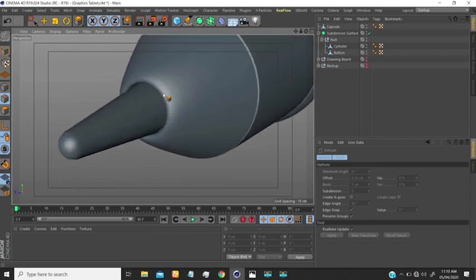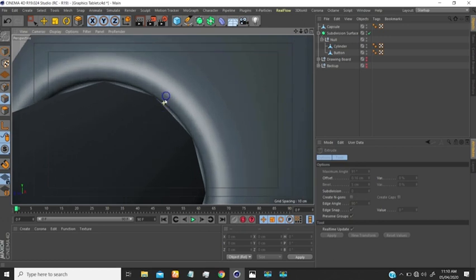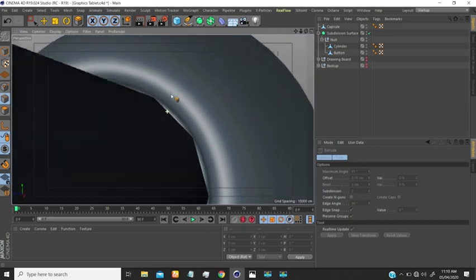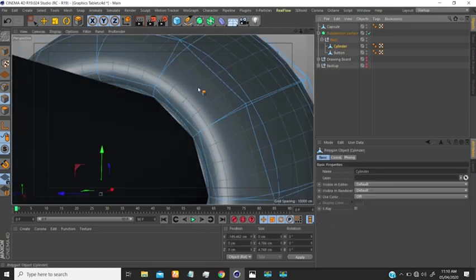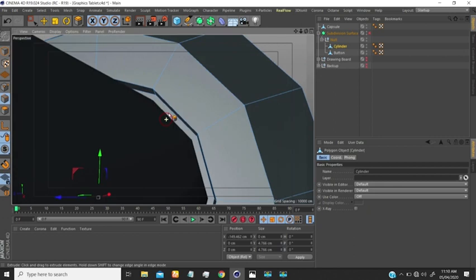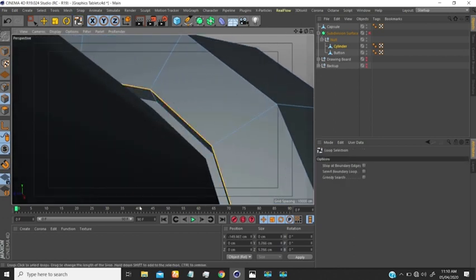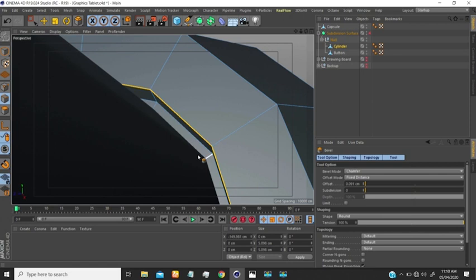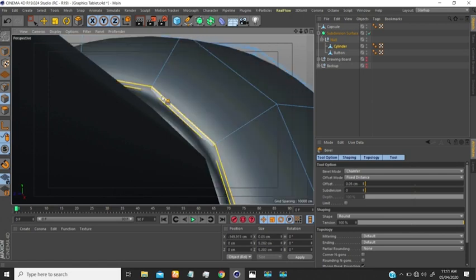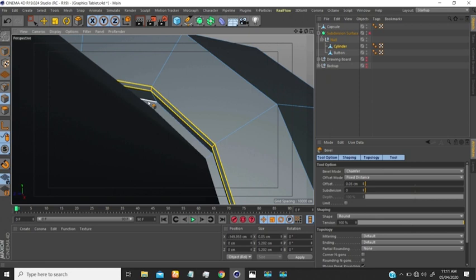This looks fine. But then, if you want to make this look sharp here, all you need to do is just select this and create a loop somewhere here. Or you could possibly select this loop and do a bevel there. Just bevel that up. That should do that. So do the same thing for this base. Bevel,